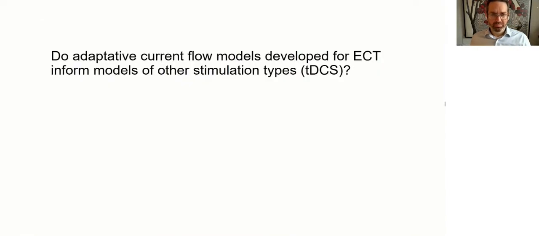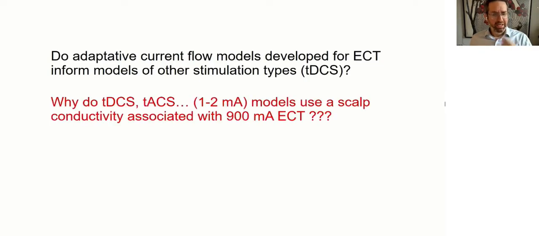And so I'm going to leave it here, and I want to change gears a little bit, and I want to go back to tDCS. And I want to ask the question, well, great, we have these new adaptive models of electroconvulsive therapy. What does this have to do with models of tDCS or tACS or tRNS or other low intensity approaches? And there's a troubling clue that we became aware of very early on in this work,